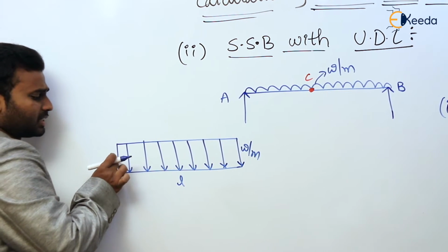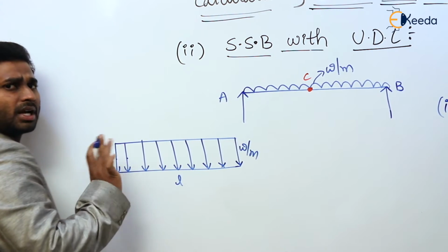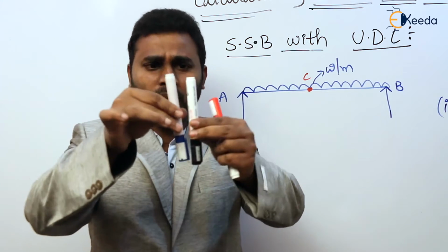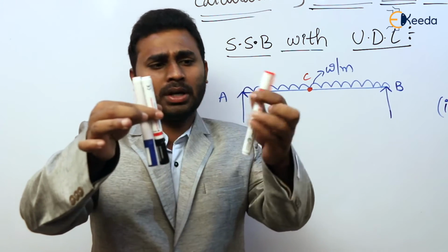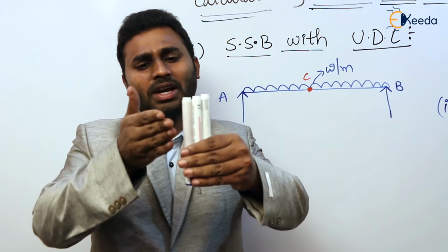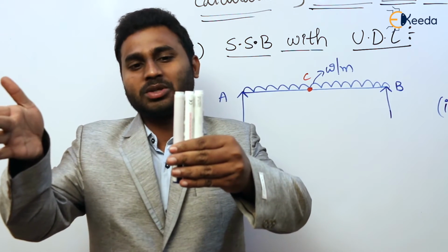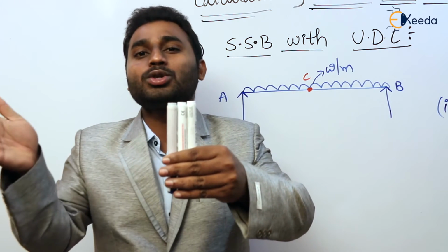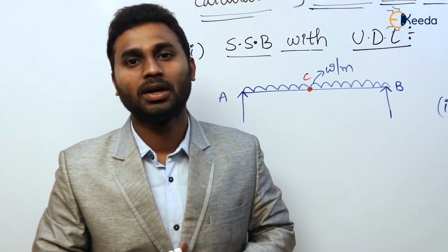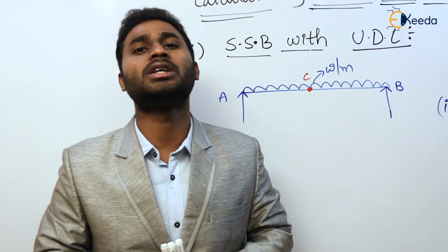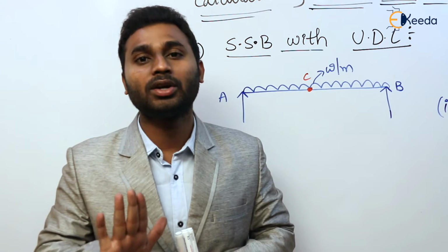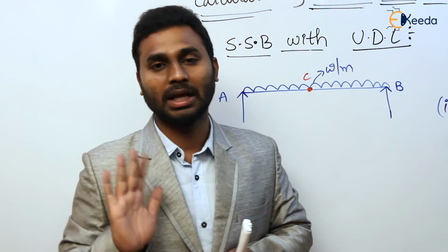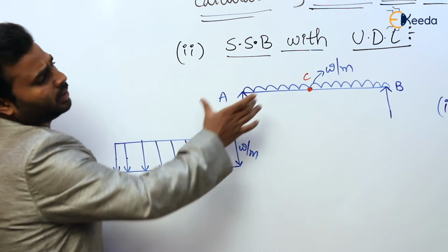See, in this diagram there exists spacing between one point load and another point load, but in here there exists no spacing. This is one point load. Immediately next to this point load there exists one more point load of same magnitude, and another point load of same magnitude. Likewise, if n number of point loads of same magnitude are placed very close together, it forms UDL. That is the meaning of UDL. It means n number of point loads of same magnitude placed very close together for a span or for some length.